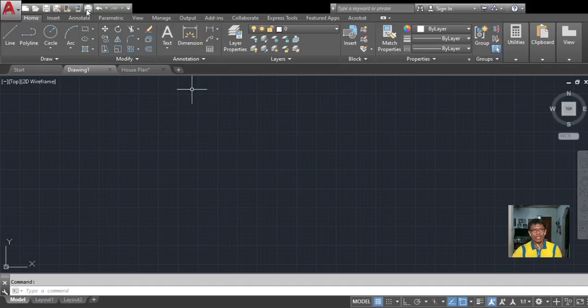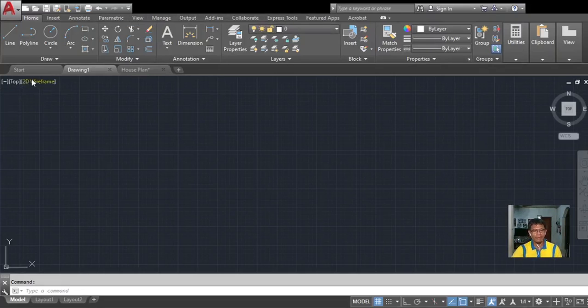Below the quick access toolbar is the menu bar. It is the horizontal strip across the top of the application window. Each word on the strip has a context-sensitive drop-down menu containing features and actions that are available for the application. Examples of those menus are Home, Insert, Annotate, Parametric, View, Manage, Output, and so on.